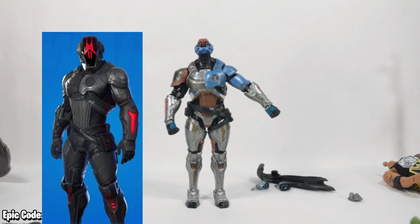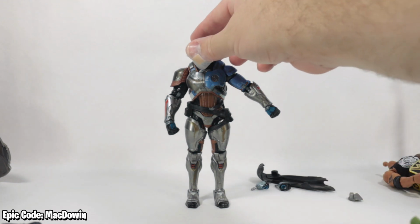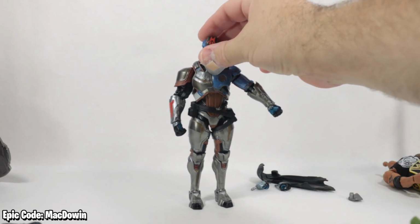Maybe as a general release, maybe not a special, the 7 packaging deluxe set, maybe just a figure and a weapon. By the way, this figure does not come with a weapon, and I think they could have tossed in a weapon, maybe. For $40, I think they could have tossed in a weapon. I don't understand the back end of toy pricing or manufacturing costs or shipping costs. I just know there's a lot of things that are really high. So I'll get off my little...